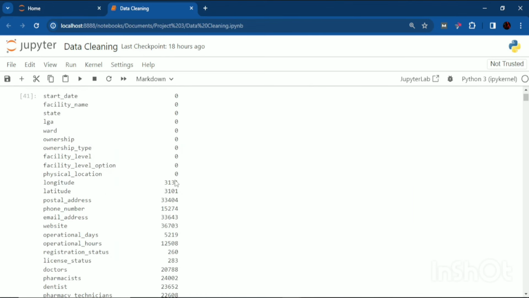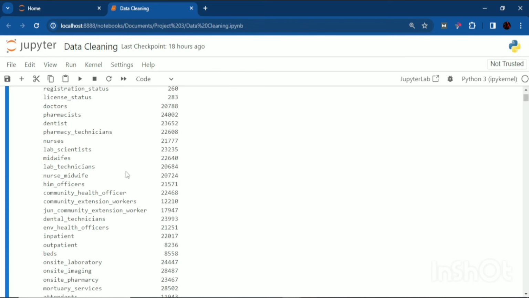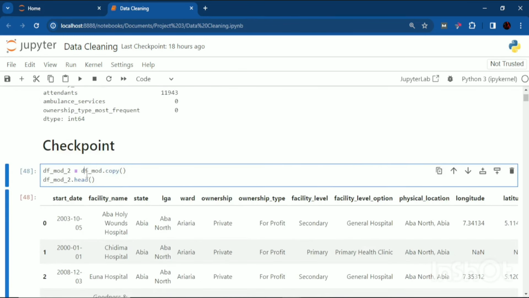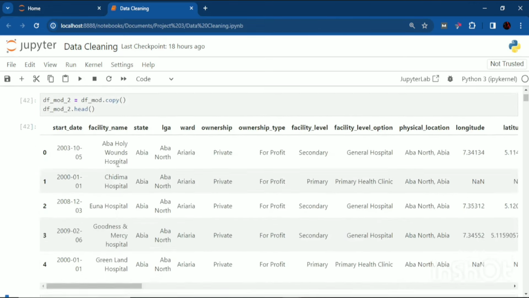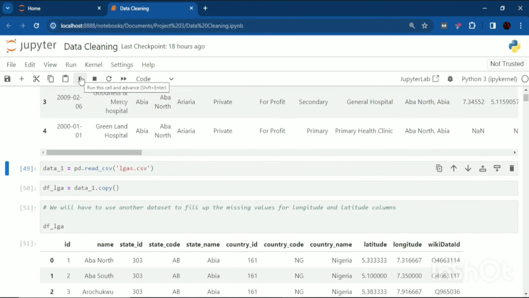We'll be focusing next on the longitude and latitude. I created a checkpoint again; usually that's what I do. Then I read it in. Now for the longitude and latitude, there's no way I can use the mode or mean or others. If I use the mean, it would have the same problem as the physical location: I may have a location in Abia being used in another state, or a location in a particular state used in another state. So it's not reasonable to do it that way. So what I did, I went online